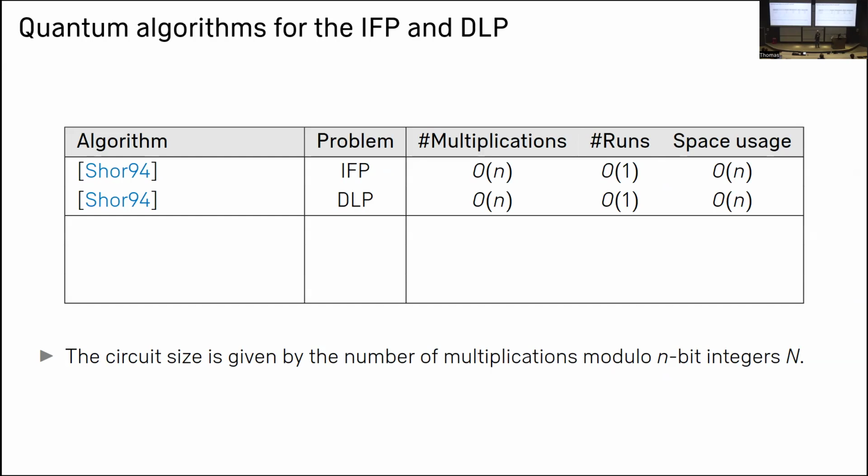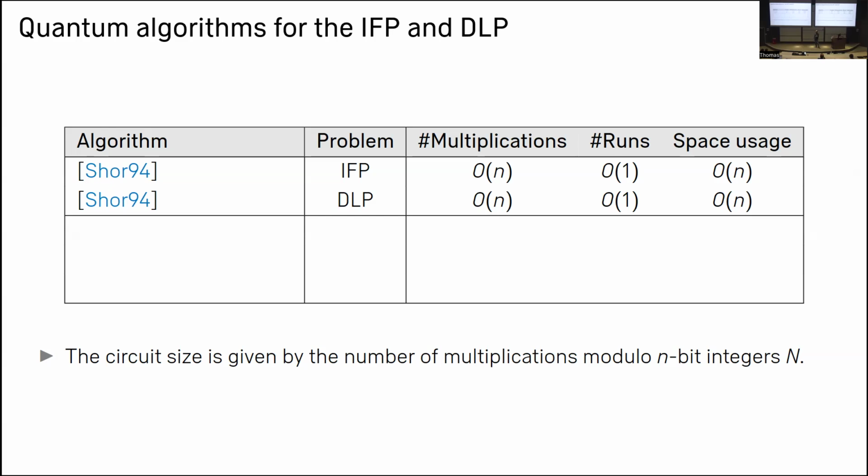The cost of Shor's algorithm, in terms of the circuit size required to implement it, is essentially determined by the number of modular multiplications that must be performed by the circuit. Shor's algorithm is actually very efficient, requiring only on the order of n such modular multiplications to solve an